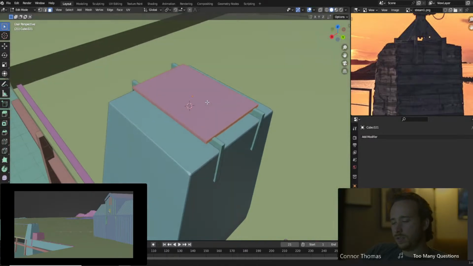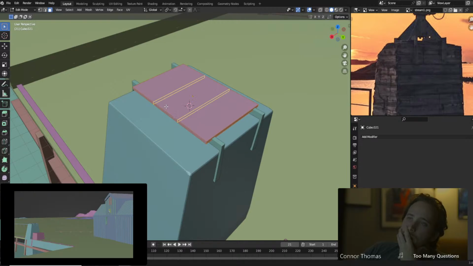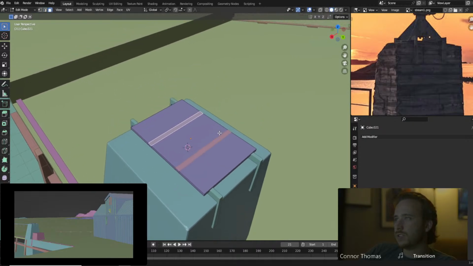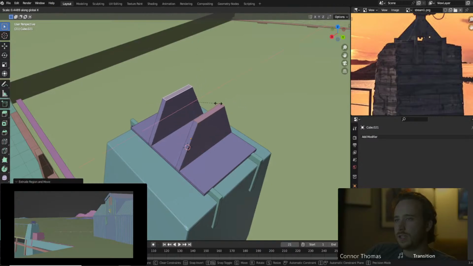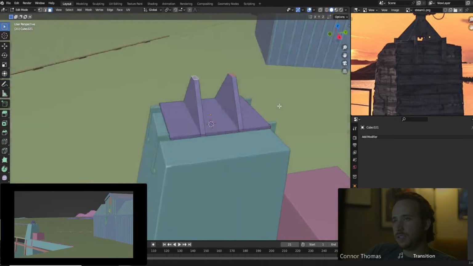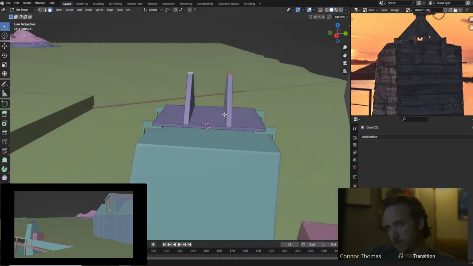Okay, and from here we'll add in some more loop cuts. There's a couple ways we could do this. Let's just do a double loop cut first, and then we'll do a single loop cut here and a single loop cut here. And now if we select these faces, we can extrude these up and scale them in. And let's see. We kind of want them to go in as well, so let's Shift S, cursor selected, and then we'll do